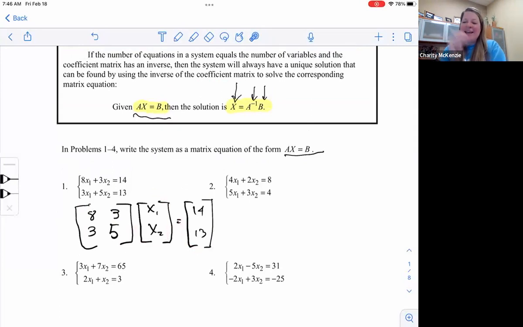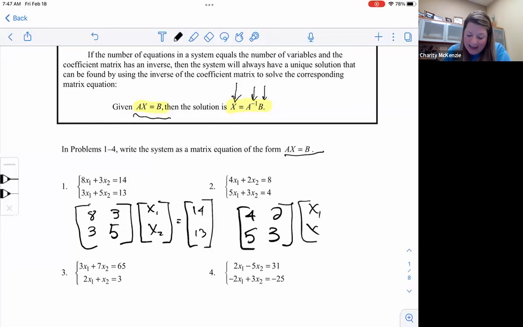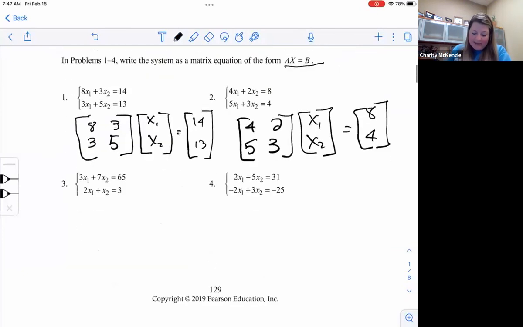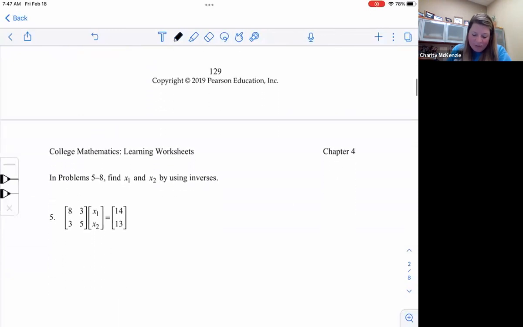So basically, if I can take the inverse, I have a unique solution because I would get an error and have no solution or many solutions if there is not an inverse. So we could easily write the coefficient matrix on this one, 4, 2, 5, 3, and then we say our X1, X2, and that has to equal 8, 4. All right, so let's skip down to